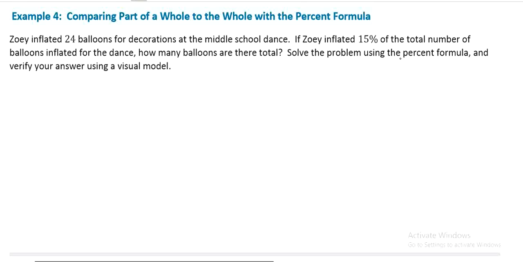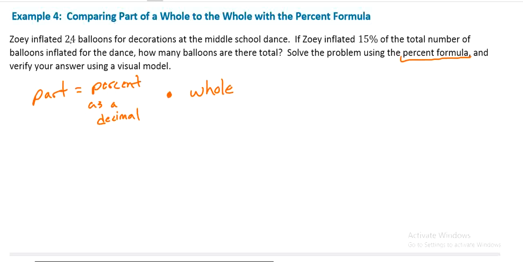It says solve the problem using the percent formula. Let's go ahead, let's get that written down first. So that formula is that the part equals the percent as a decimal multiplied by the whole amount. So now we just have to interpret this information they gave us and figure out what information we